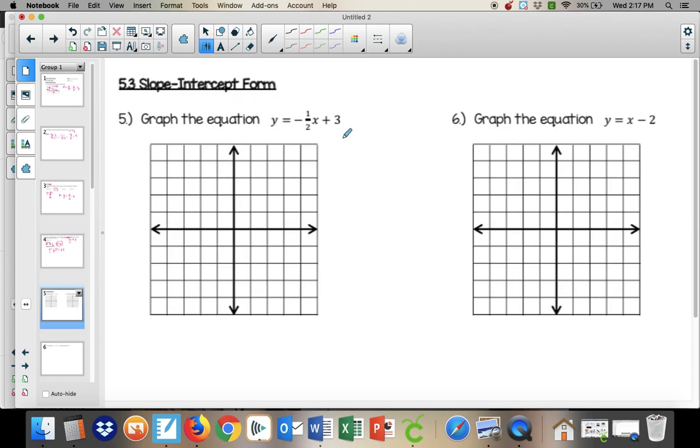All right, graphing the equation. So in this first one, it is in the slope-intercept form. So my m is negative 1/2. So if m is negative 1/2,